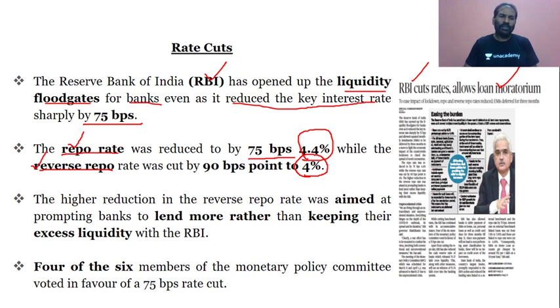But if you look at the previous year, February 2019, the repo rate was around 6 percent, and now it is 4.4 percent. And when you look at the reverse repo rate, it was 6 percent then, and now it has been reduced to 4 percent. So it is very clear that